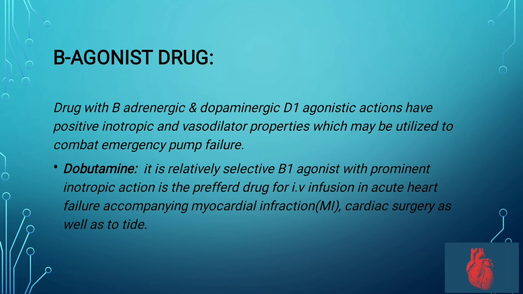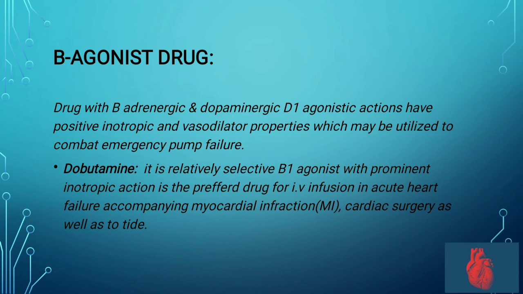It opposes the alpha effects but agonizes beta 1 and beta 2. It only moderately increases the heart rate but significantly increases contractility. It is a relatively selective beta 1 agonist with prominent inotropic action. It is the preferred drug for intravenous infusion in acute heart failure occurring in myocardial infarction, cardiac surgery,